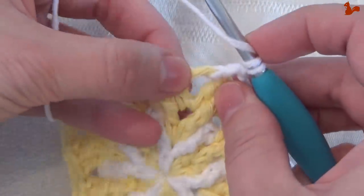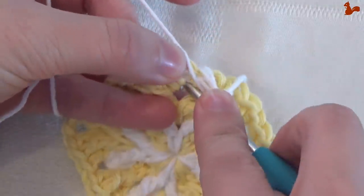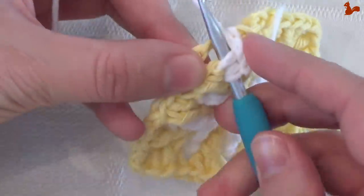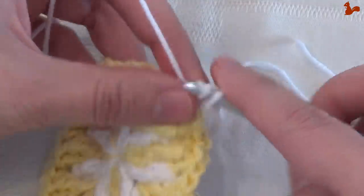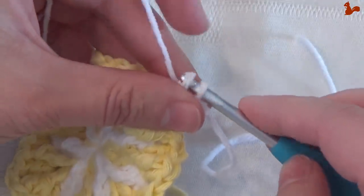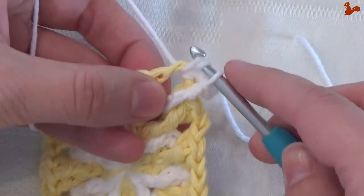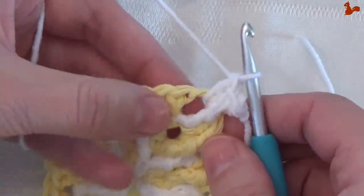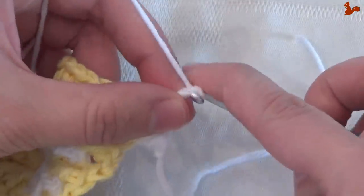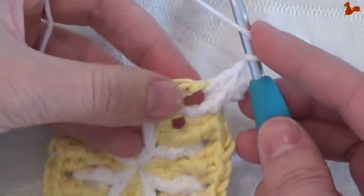Yarn over twice for the treble, and the treble is then, if I just open it up in there, in the chain 2 space from 2 rows down, and then work the treble. So this corner we're going to be working quite a few of these over the next few rounds, and then another double crochet in the chain 2 space where we're at. Chain 2 and repeat, so another double, treble and double here in the top,